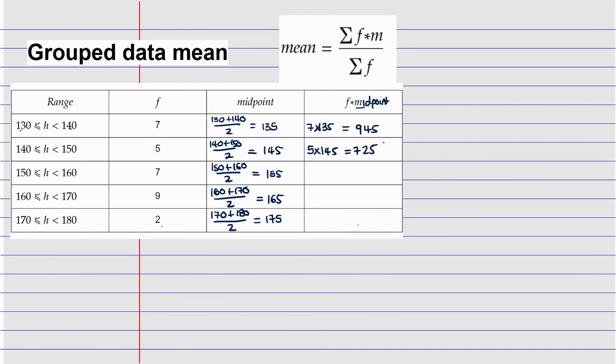725, right? So now you're going to say 7, which is the frequency, multiplied by the midpoint, which is 55. Then you're going to say 9 multiplied by 165. Then the last one is going to be 2 multiplied by 175. So let's do that. It's going to be 7 multiplied by 155, right? Which is going to be